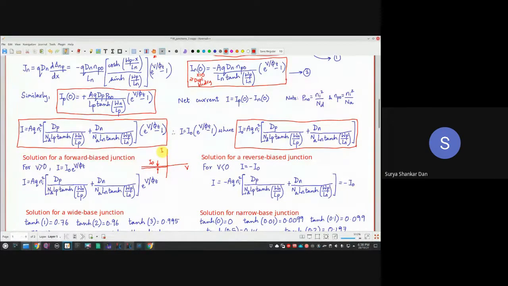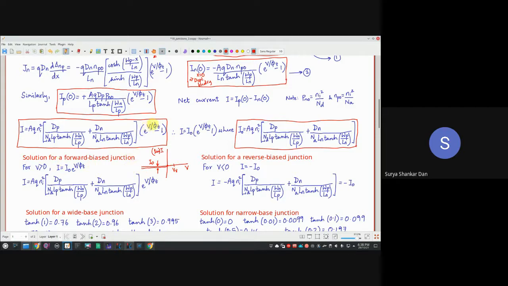Correct? And then it becomes zero for a while. It's not exactly zero. Remember, this is in the linear scale. So I'll just put this linear. अगर log में करोगे, then you will find something else. Okay. So then it will come to something called V gamma, that is a cut-in voltage. After that, what is going to happen for a forward biased case?